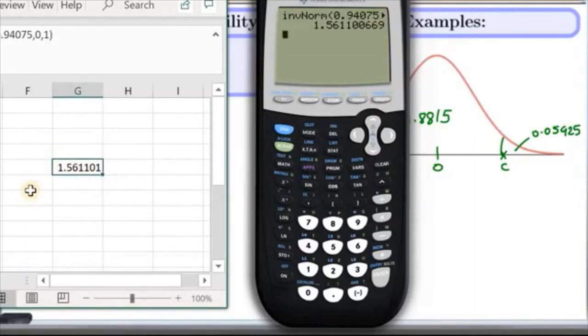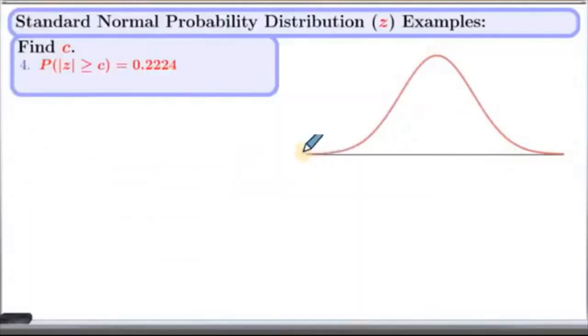Now let's look at the very last problem. Now let's draw the diagram for the given scenario, and we know the mean is in the middle, so let's put that down here. And from the question, we know that we are looking at the z values outside C and negative C. So if our negative C is here and positive C is here, and that means the area towards the tails, this and this, is